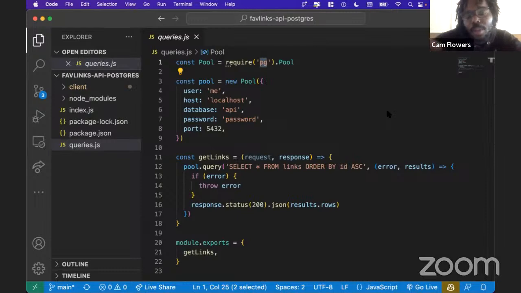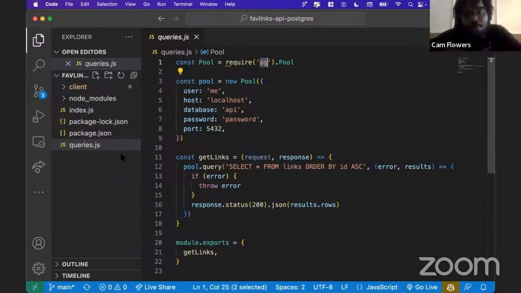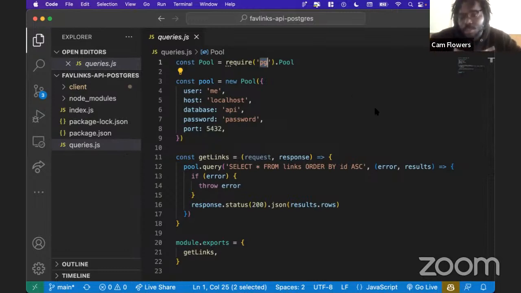using what we call a pool, which is essentially an object that creates an established connection between your server and the Postgres server. So Postgres and most databases run on their own server. So it's typical that on a machine, you'll have a specific port responsible for hosting your database server. And that server will be where, if you want to create specific actions in relationship to your database, you would have to direct all of those requests to that particular server on your machine that's responsible for